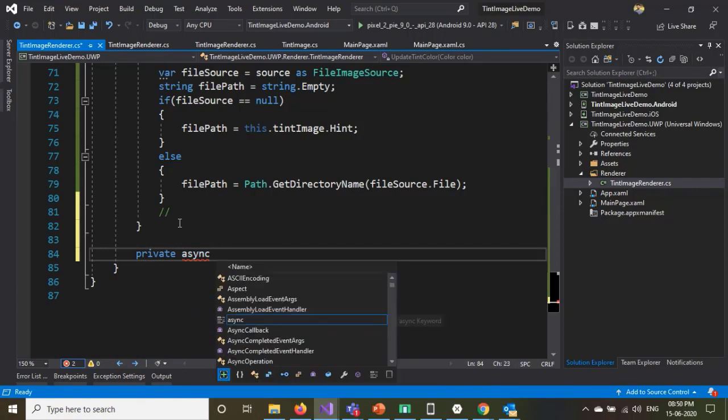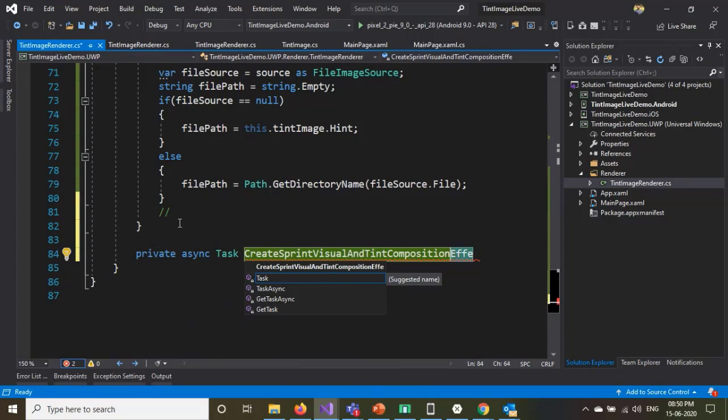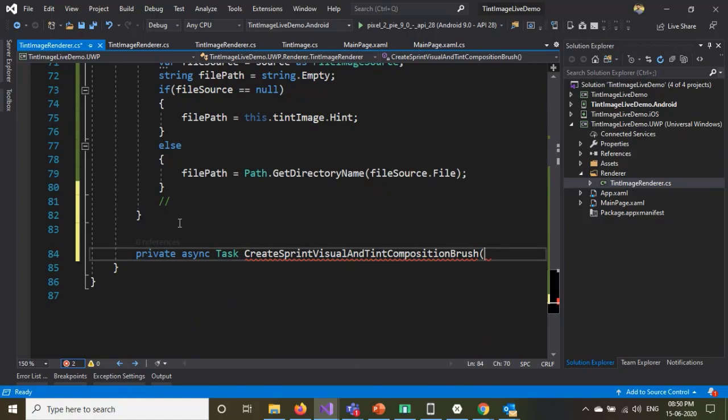It's gonna be synchronous one because, right, create visual and position. Let me give some short name. Brush. Fine. I have to pass in the file path UI here. So